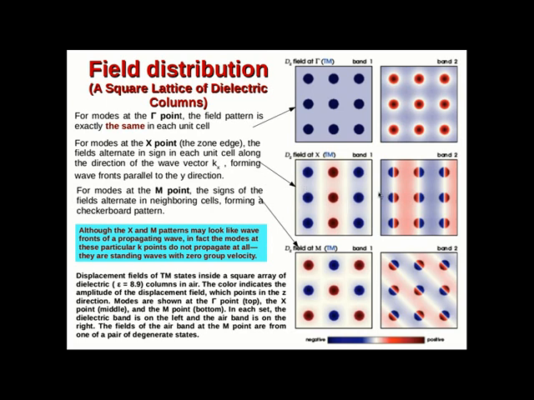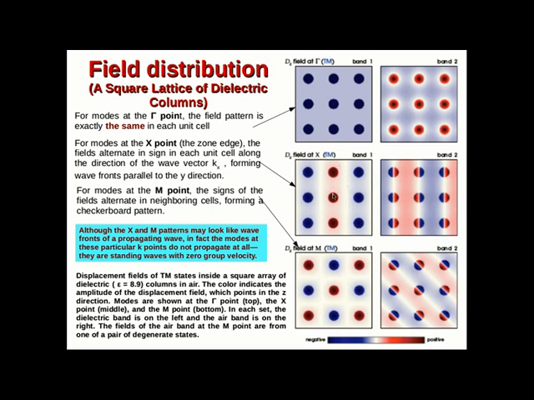This happens in case of band 1. In case of band 2, you see that there is a node line passing through the rods. Now, as we already know that band 1 or the dielectric band has more tendency to concentrate energy or field inside high dielectric regions. So this is what we are seeing here. The fields are more concentrated in the rods. But in this case, there is also a nodal line passing through the rods. So the concentration of fields inside the high dielectric region will be lesser for band 2 compared to band